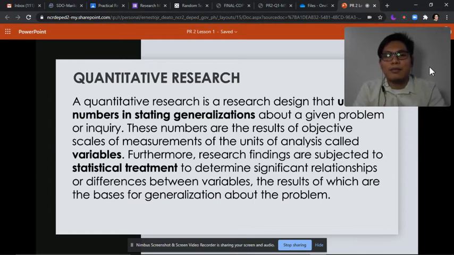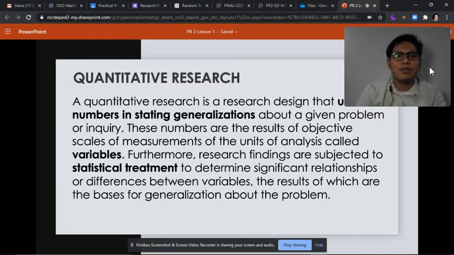So, balikan natin. Nung first semester, yung mga ginawa nating research is more on qualitative, more on interviews, more on archival data, or more on facts. So, yun yung sinusuri natin. Kasi what we need to know is the quality. Kumbaga sabi ko sa inyo noong nakaraan, kung oo, bakit? Kung sinabi niyang hindi maganda, bakit?